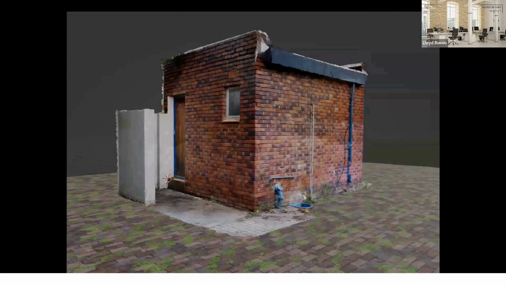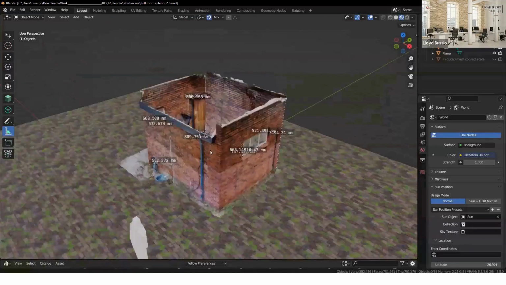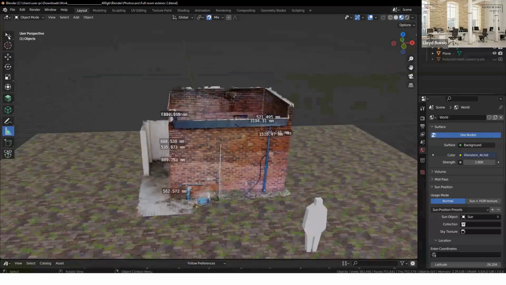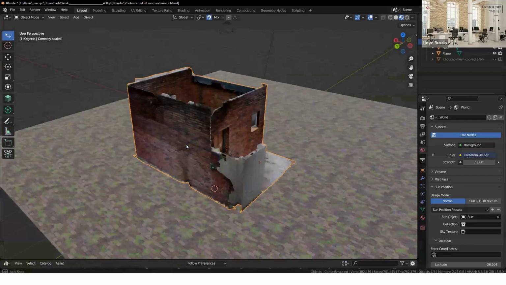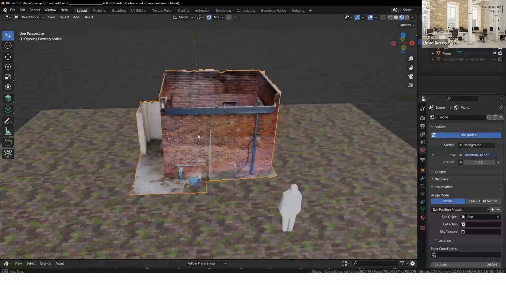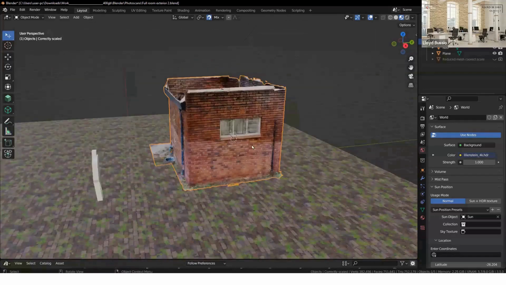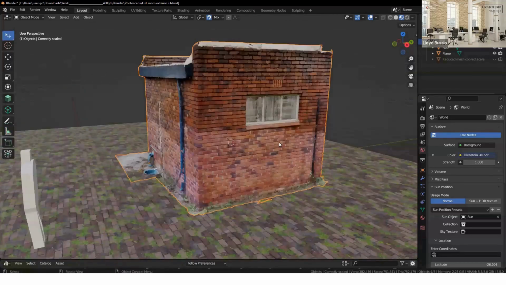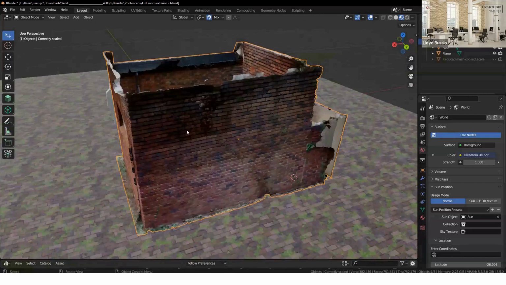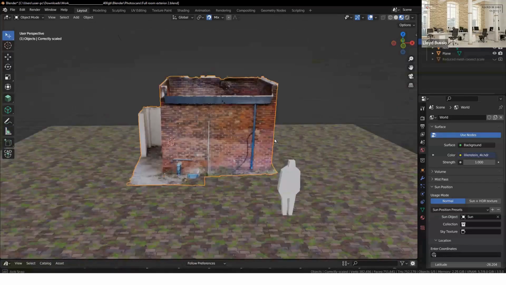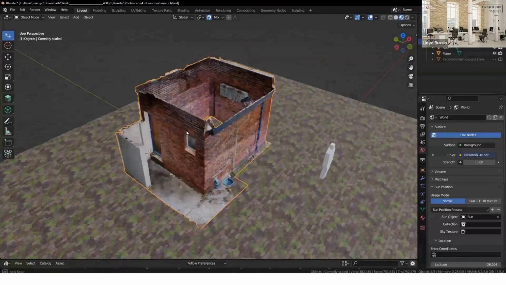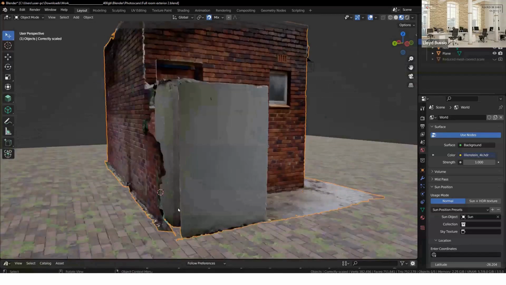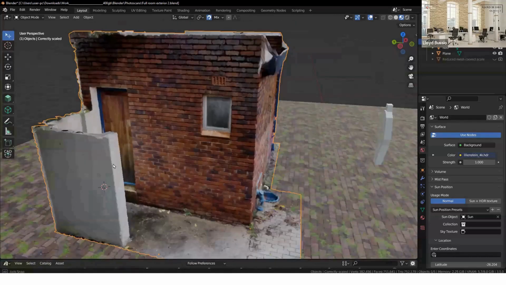And then you can see along the pipes and the thinner objects, like there's a fence here, it struggles to actually see that geometry. So here it is open in Blender. So this was created just from photos. So I'm just going to go out of the measuring tool, and you can see it is a full 3D model that was created just from images with my phone. And you can see it's adjusted the exposure. That's why some of these bricks are a bit darker than others. But the model we get from this is incredibly accurate. Even with the white wall, which I said it fails at quite often, we get a very detailed 3D model